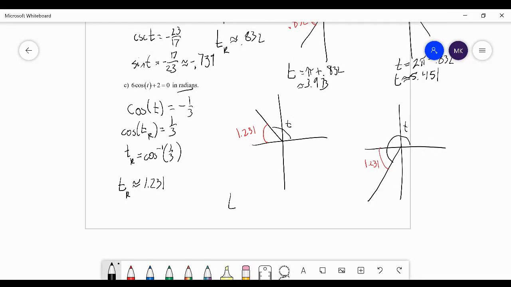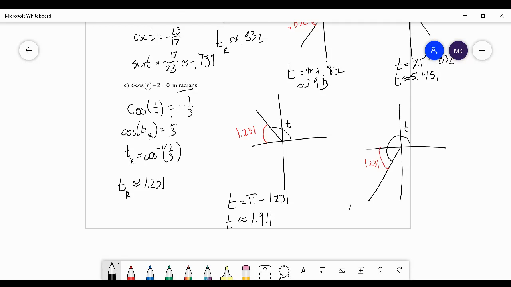So to figure out t in this first one, we're going to take pi minus 1.231. The reason why we're subtracting is because pi is a full 180 degrees, or all the way back to the x-axis, and we want to go less than that. And when we do that, we get that t is approximately